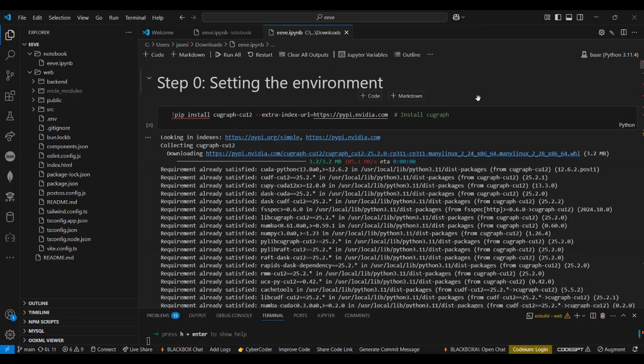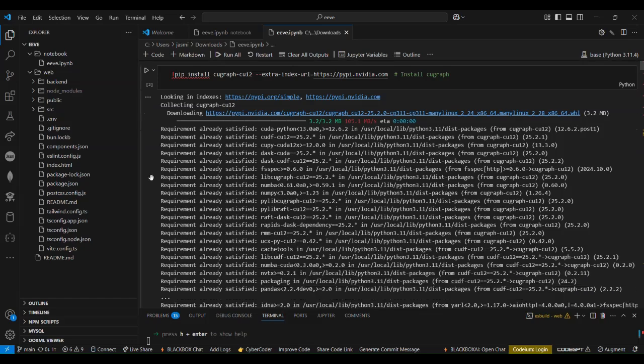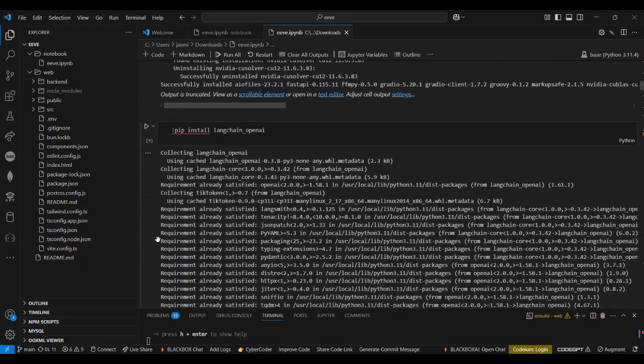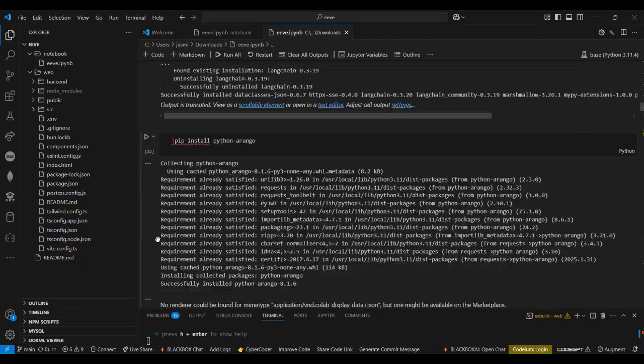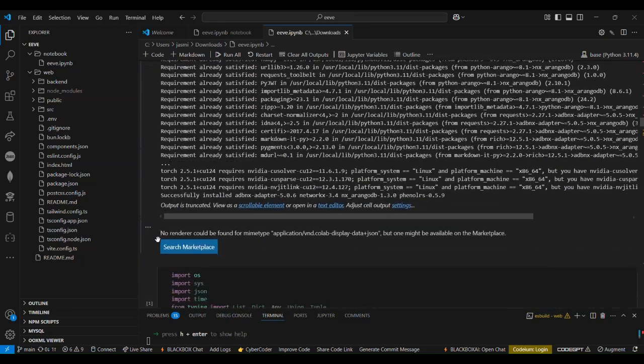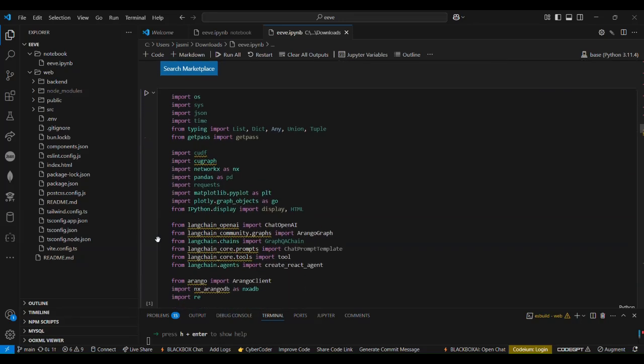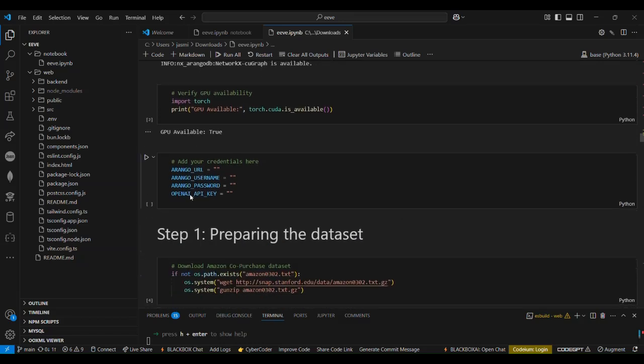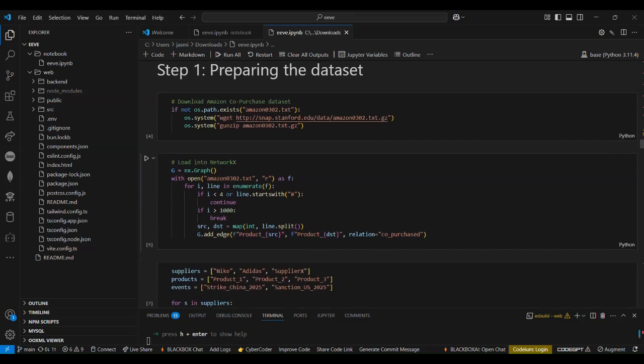The first step involves setting up the environment. Here I've used a specific version of cuGraph, and these are all of the functions and packages which we will be using to visualize the nodes, and all of the LangChain packages and ArangoDB packages are for loading, persisting and querying the dataset. All of the packages are imported, and the ArangoDB credentials are given over here. All of this will be available on the ArangoDB dashboard and on the OpenAI dashboard as well. The dataset is loaded from this URL as a zip file,